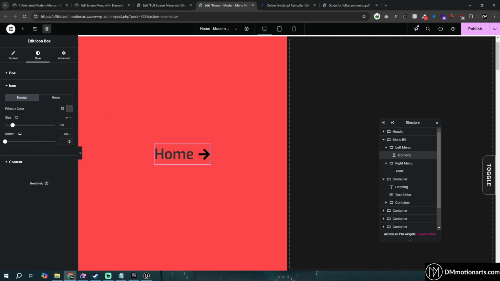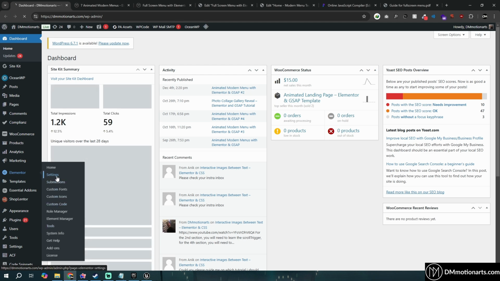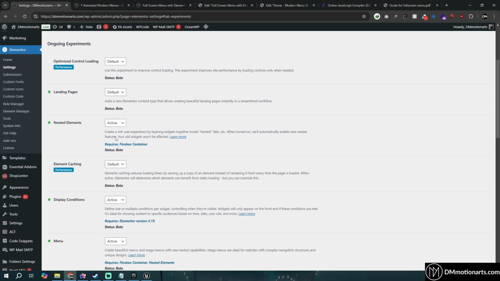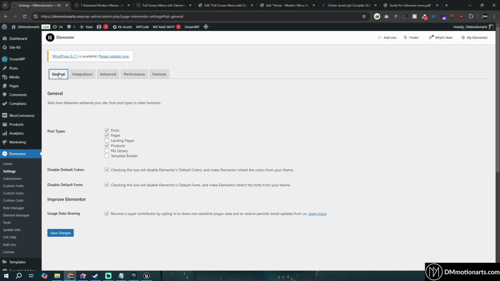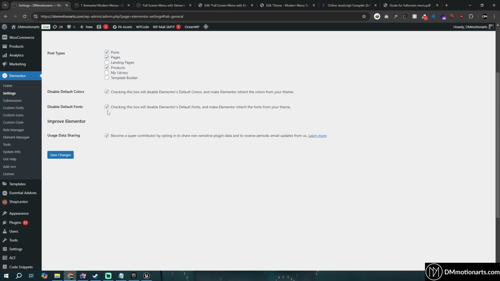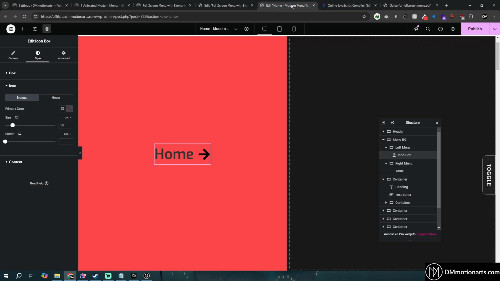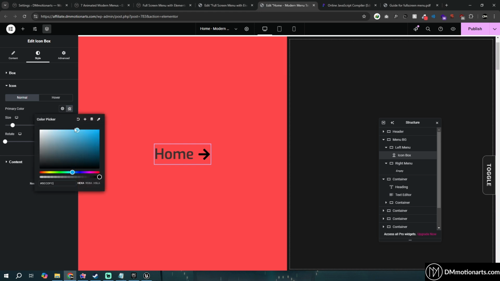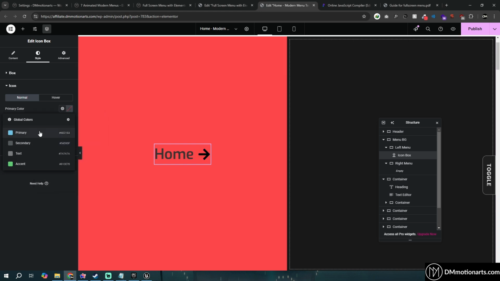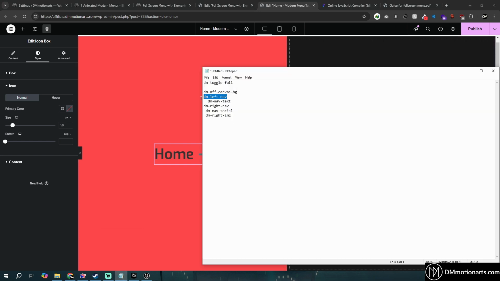You actually need to change one setting. Go to your WordPress dashboard, go to Elementor settings, go to features, and in here, sorry, not features, in general, just keep these two tick marked like this, and that way when you click on it like this and do clear, it would turn to clear rather than automatically turning here. And this allows you to use code to change the values around here instead of turning to default. So this one I'm going to give it as DM nav text